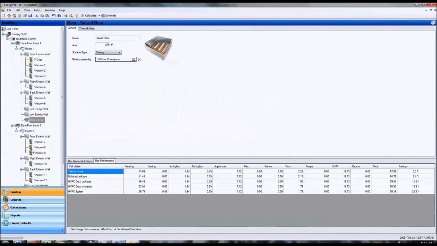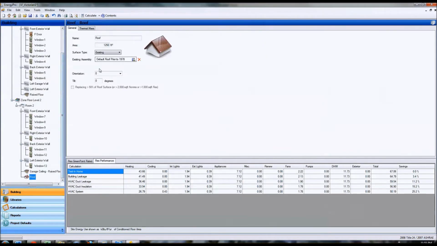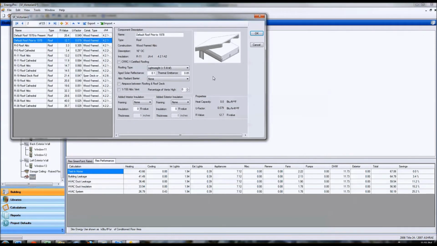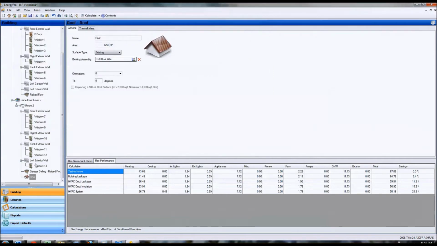Okay, and similar to our roof, let's say there was an existing blown in found to be at R15, and we start with our 0 roof attic, which is R3.3, and we're going to add 11.7 just to get us to R15. Good. Okay, and so that pretty much wraps up how to modify the existing assemblies to reflect the R values